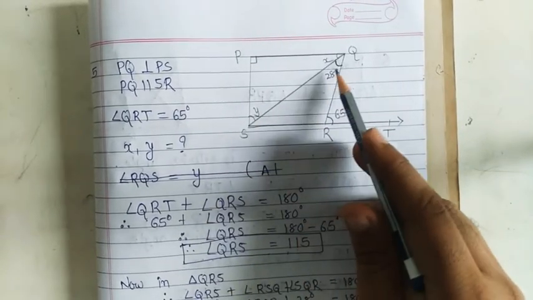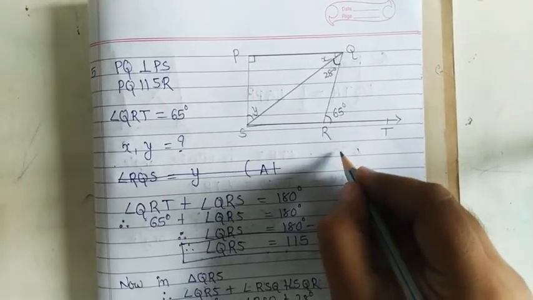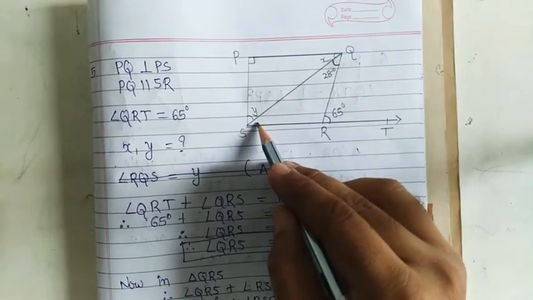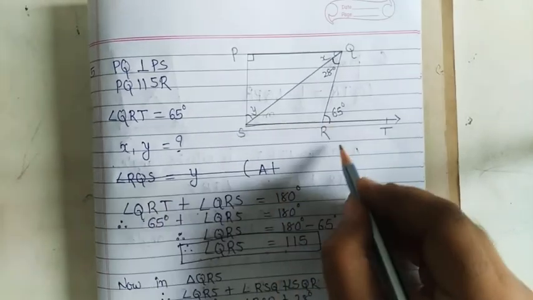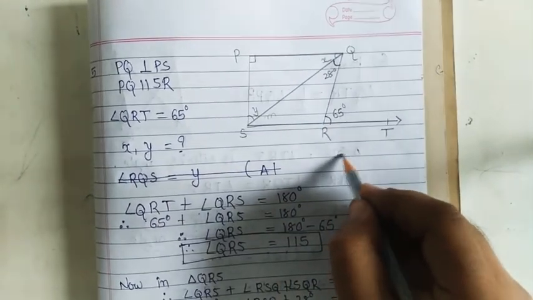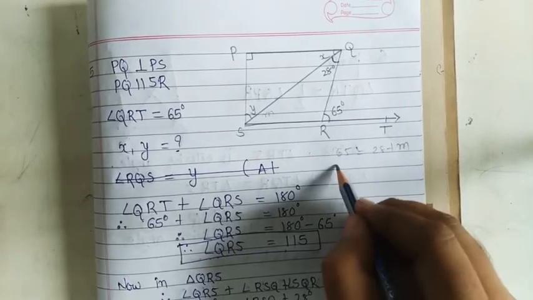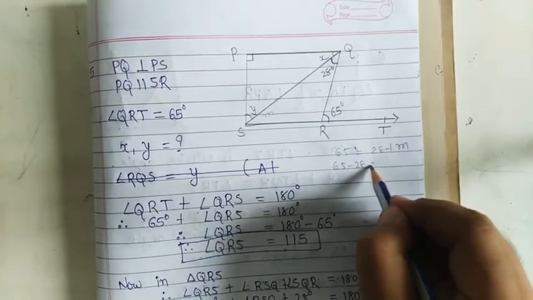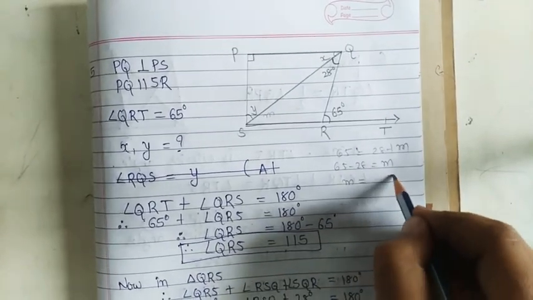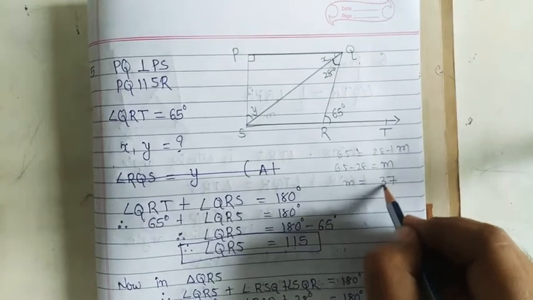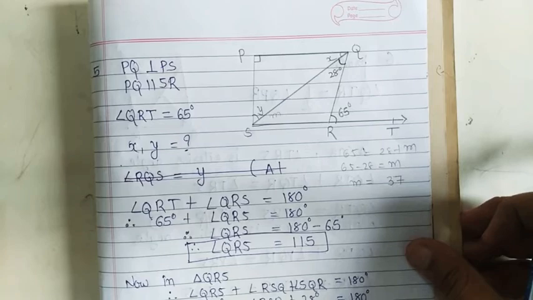Triangle QSR, let us consider this triangle. So for this triangle 65 is the exterior angle. So simply we can do like this. So 28 plus this angle is equal to 65. If I decide to call it m, let me guess, so 65 is equal to 28 plus m. So 65 minus 28 is equal to m. So our m is equal to 15 minus 8, 7, and 5 minus 2, so 37. So we got here it's 37. So here I will do it with another method.